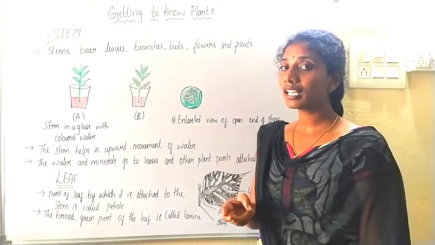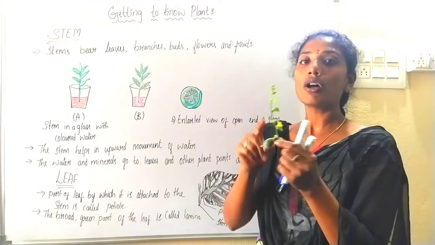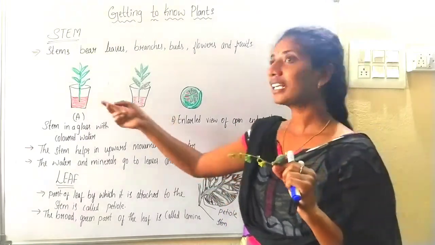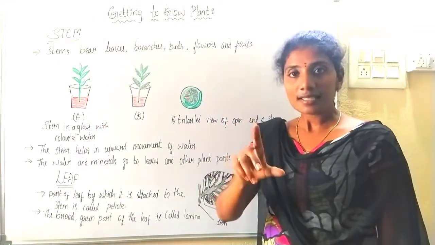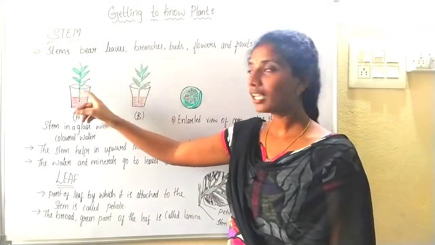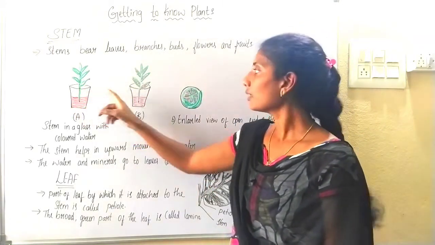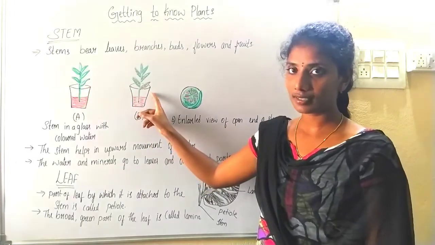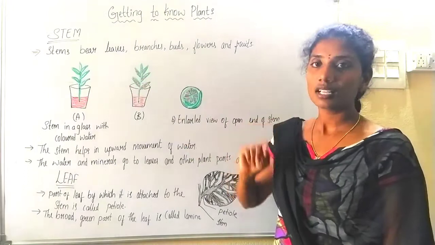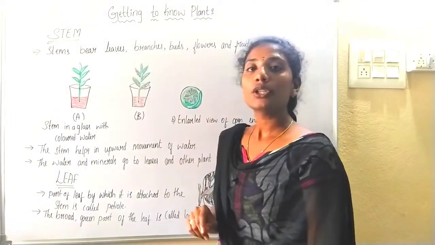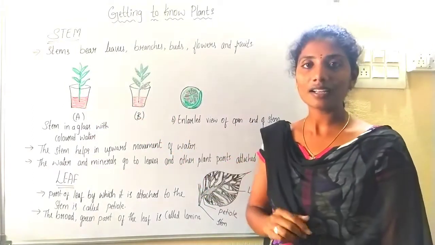How many stems do we need here? We need two stems. Take a stem which has the different parts of the plant; at least leaves should be there. Take a young stem which has leaves, and place the stems in the two containers: one twig in one glass and another twig in the other glass. You need to add water into both glasses.